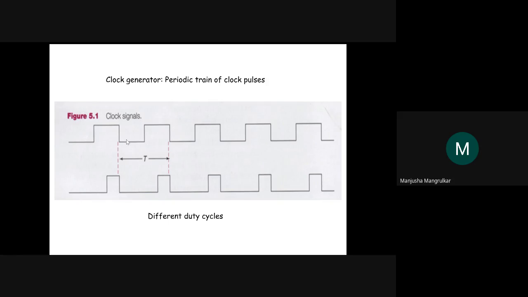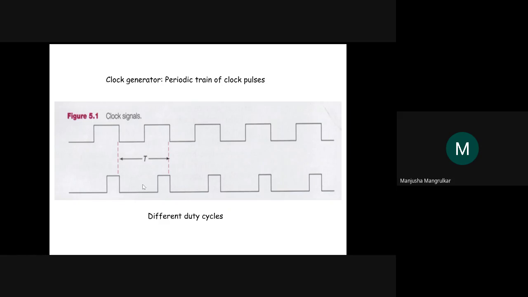Now this is a different clock. Its low time is less than this low time. Your time period is low plus high, or high plus low. This is exactly a clock square wave, and this is a pulse train. Both have different duty cycles. Here it is a 50% duty cycle, where the high time equals the low time. Here it may be a 25% duty cycle, where the high time is 25 and the off time is 75. So your duty cycle depends on that.